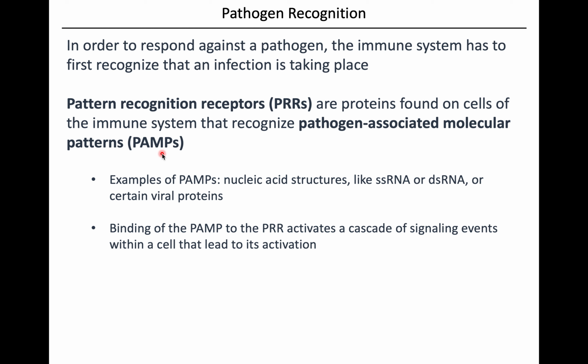So what does that mean? Well, basically it means viral nucleic acid, RNA, DNA, or viral proteins, right, that could be recognized by these receptors on the cells. And there has to be some physical binding between those two. And the idea is once that PAMP binds to the pattern recognition receptor, that's going to activate the receptor, trigger a signal transduction cascade that is then going to eventually lead to pretty quick activation of that innate immune response.